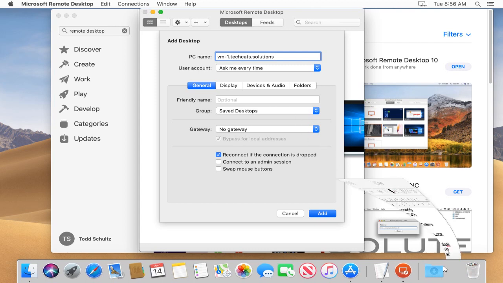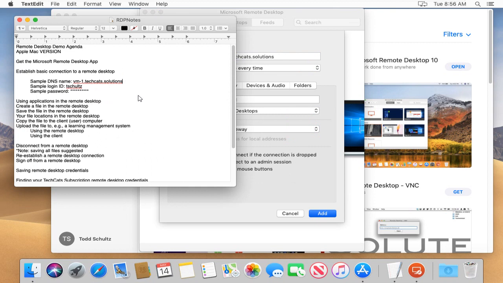Sometimes, and I should say this a little bit, sometimes these DNS names are appended with a colon and a port number. For remote desktop, it turns out port 3389 is the default, and those are the ports that TechCats uses, so you won't need to add it since it's the default. But sometimes if somebody says it's got this colon and something besides 3389, then make that part of the name that you put in there,